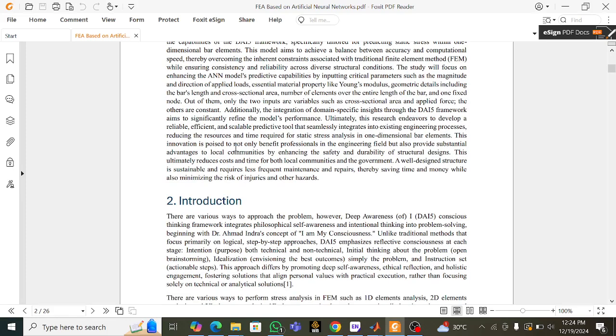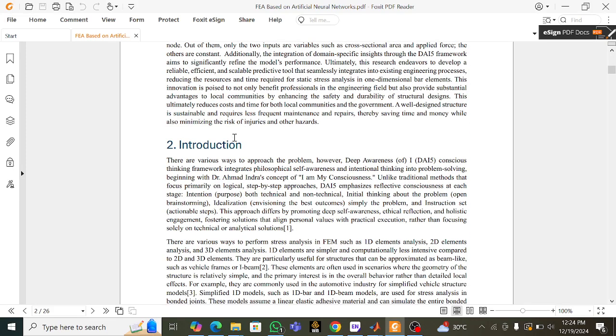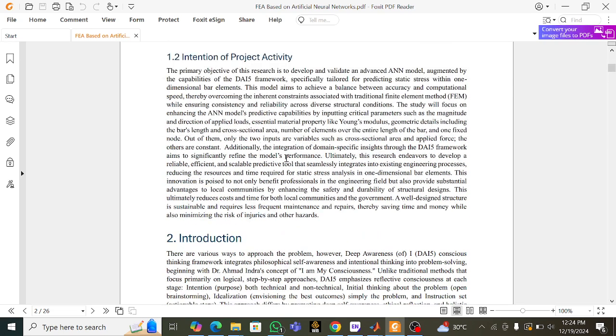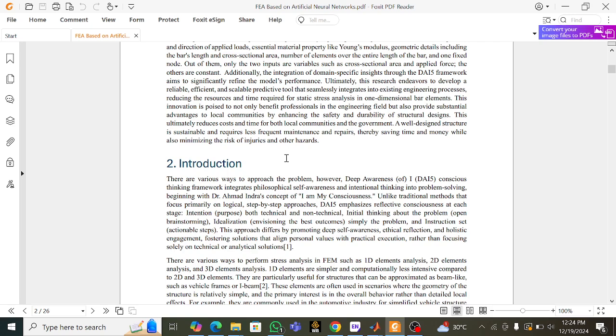Then the introduction. I explain a little bit about the DIFI framework. The DIFI framework is a composition of five. The first one represents the initiator, whose name is Dr. Ahmad Indra. The remaining four are intentions, which I explain here, and the first two I explained